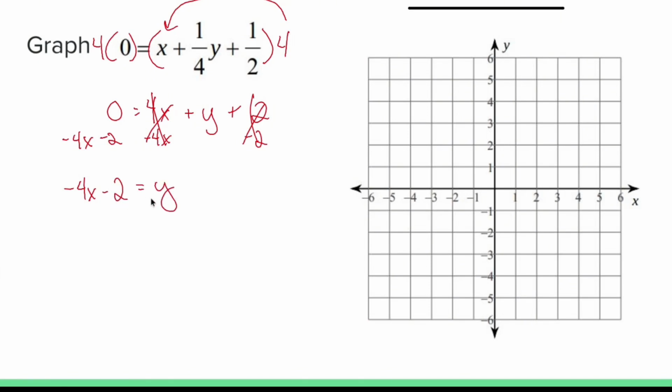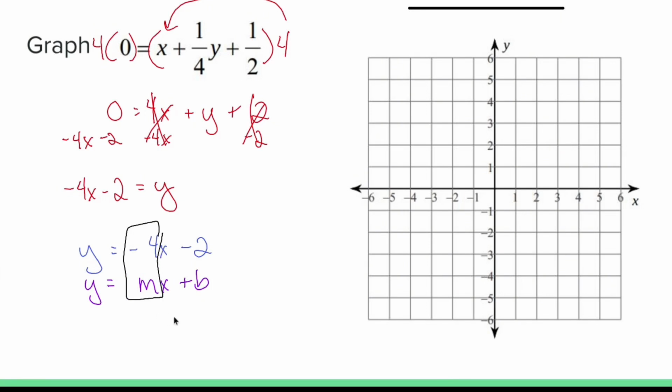Now that y is all by itself, tell you what, I don't like it. Let me flip-flop things around. Y equals negative 4x minus 2. Now that y is all by itself in a position that I enjoy, I can compare this to y equals mx plus b. Now, this is slope-intercept form, which means when y is all by itself, the number floating around